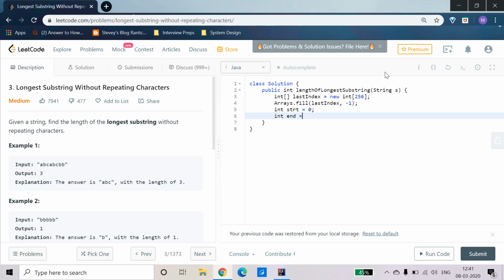The invariant here will be that everything from start to end will always contain our longest substring which does not contain any repeating characters. So all the characters from start to end will be unique. Now we'll create an integer which will store the maximum length of this substring. So what we'll do is we'll iterate through the entire length of the string, and our end pointer will be the incrementing pointer, and we'll extract the character that is present at the end,